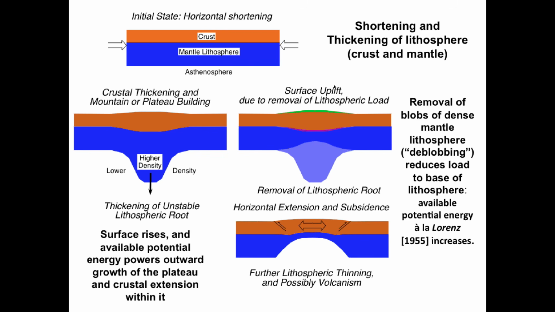So over here, this pale blue is meant to be what's been removed. You take a load off. This is like throwing stuff overboard on a ship. The ship comes up, the surface goes up, the Moho goes up. When you do that, you put potential energy into the system. That potential energy, in fact, can ultimately be used to push the mountain range apart, maybe with thrust faulting still on the margins, but anyhow, you can induce divergence in here.